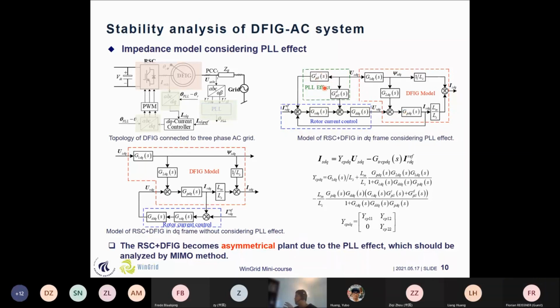But once your system has an asymmetric matrix, it will make your whole system become asymmetric. So the complex variable simplification form can't be used directly. You need to consider this asymmetric matrix. It will make your transfer function from the USDQ to the ISDQ become a 2x2 matrix. So you can see here that this is a 2x2 matrix of the admittance. And since this is asymmetric due to the PL effect, it means that we can't use the SISO method. SISO means single input and single output system, and we need to use the MIMO method, the multiple input and multiple output methods,